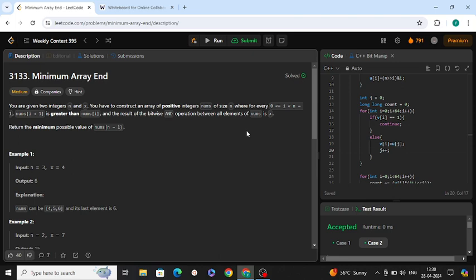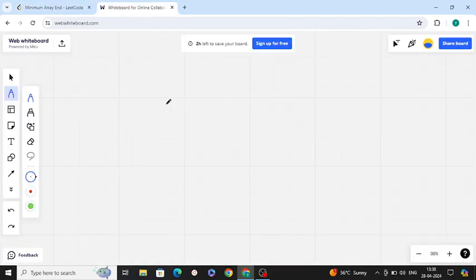So let's understand this with the help of an example. Let's say we are given n equal to 3 and x is equal to 4. So we need to create an array of size 3. Here you can see the first element, second element, and third element. Currently there is nothing, but let's assume it. These are my elements. And at last, after performing the AND operation of all those elements, it should be equal to